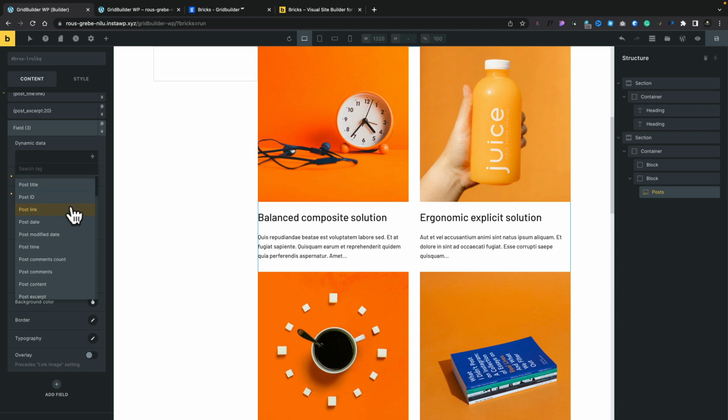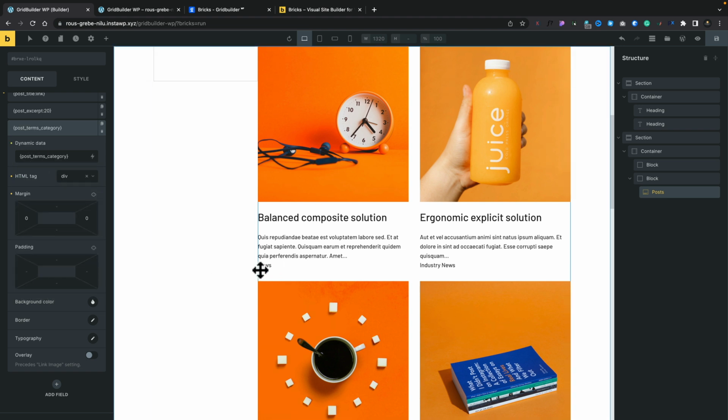Come on through until we find what we want. So for this example, we're going to scroll through until we get to the point of terms, and we're going to grab categories. What we can do now is you can see it pulls in news, industry news, and so on, but it doesn't really mean anything. So we can click before that, kind of short code for the dynamic data. And for this example, we're going to put posted in and a colon,